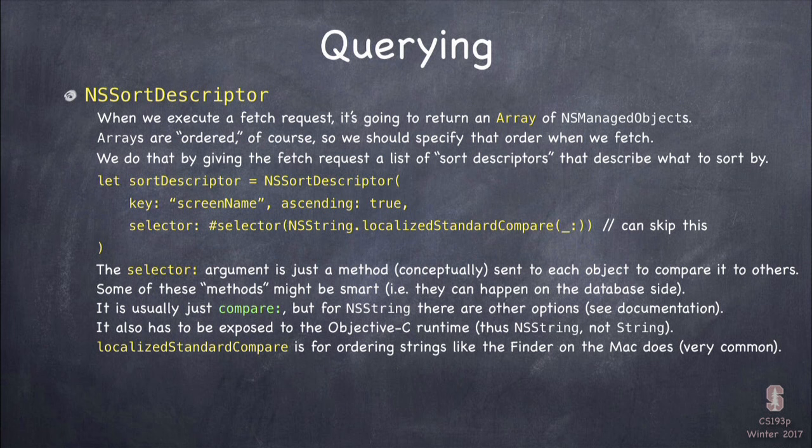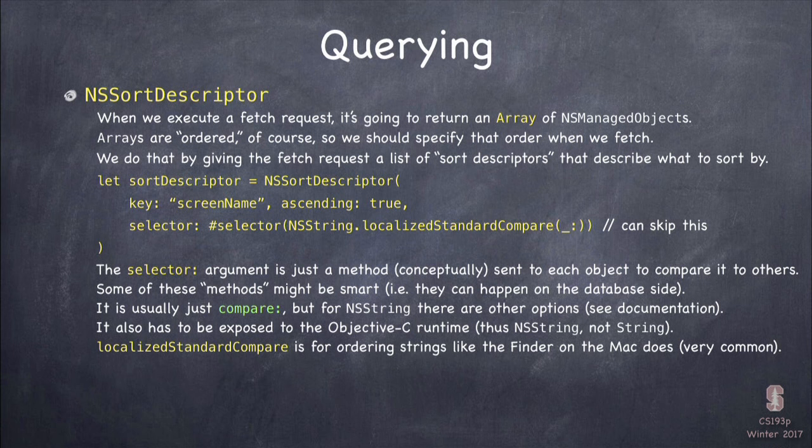You notice that it's an NSString dot method. It's not string.localizedStandardCompare. And that's because this has to be an Objective-C visible method. And so you need the NSString version. So basically you're going to say NSString dot, and you can go look, search for compare in NSString or in string, because string implements them all as well. But you need NSString dot and then the name of the method. And you can search, and there's case insensitive and the standard compare, and then it's just regular compare, etc. Now, one other thing about